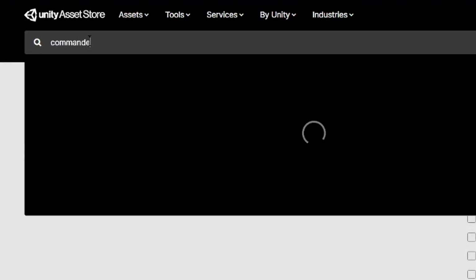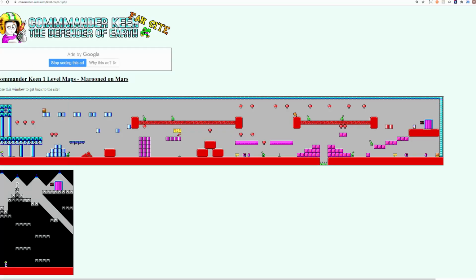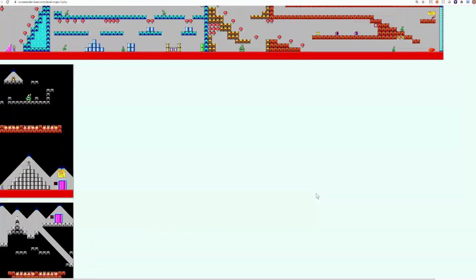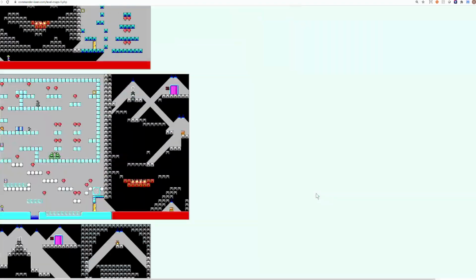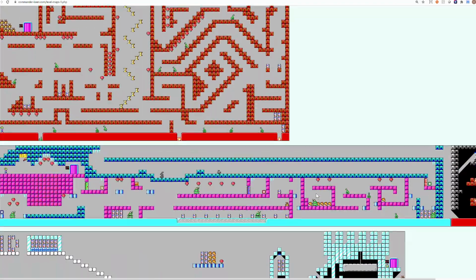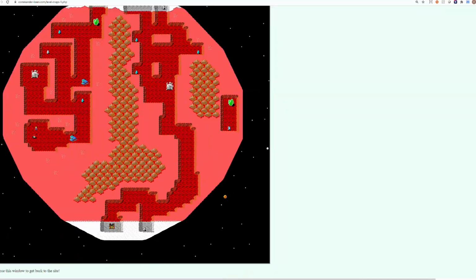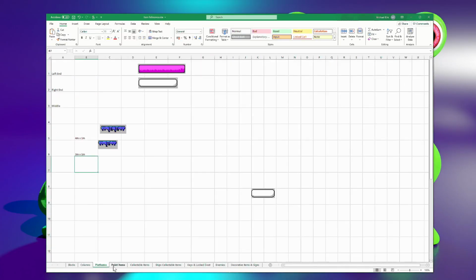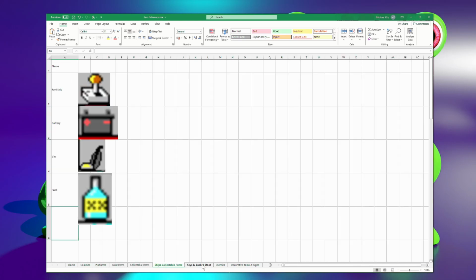Now unfortunately no one on the Unity asset store had released an asset, but the nice folks at commanderkeen.com had already collated all the maps from the game, so I was able to study those and start to collate a list of everything that needed to be created. We've got blocks, platforms, point items, collectible items, ship items, keys, doors, decorative signs, snowmen, snow yachts, and of course